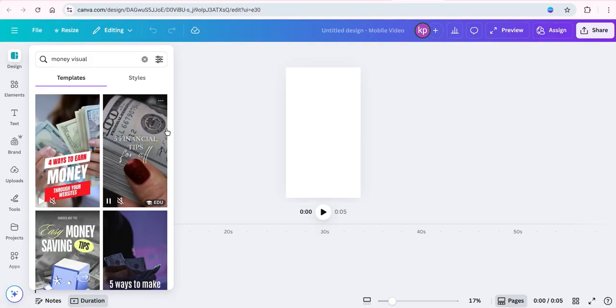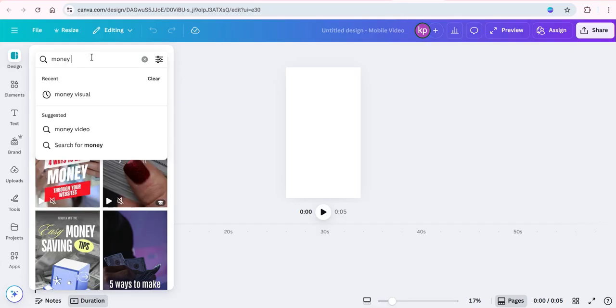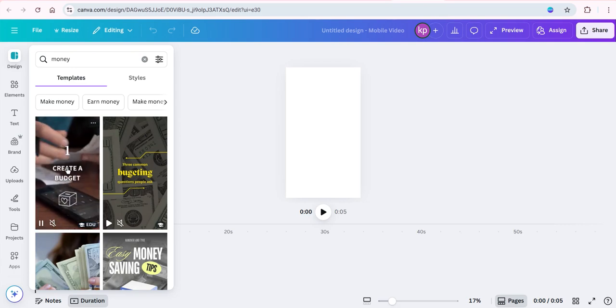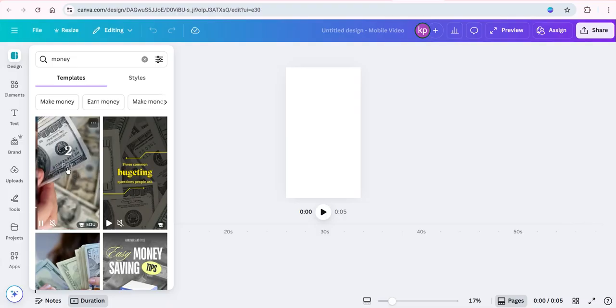And you see, these visuals are coming ready-made already. Now, I'm going to show you how to make your own. So let's take visual off, and we'll just say money. In fact, these are designs. I'm sorry. Okay, stay with me. These are designs for templates, okay, that you can choose and take and